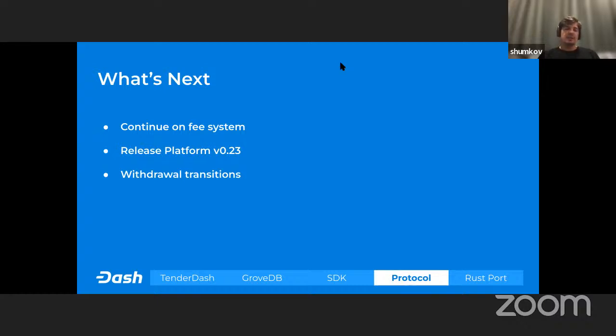And we're going to continue to work on releasing platform 23, testing on Devnet, and continue to work on withdrawal transition and withdrawals overall.